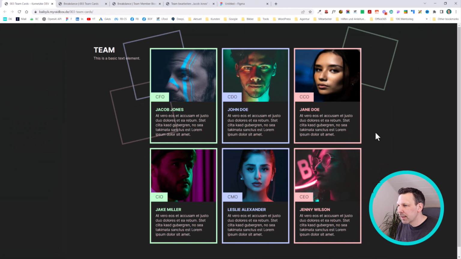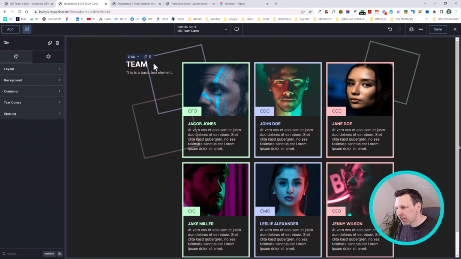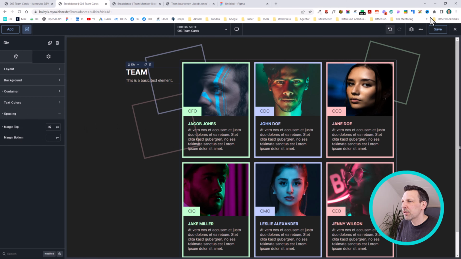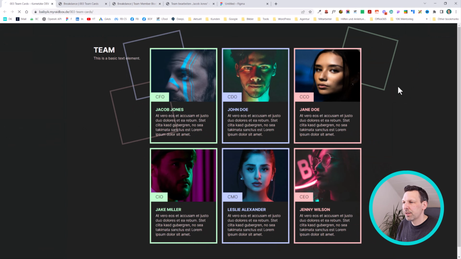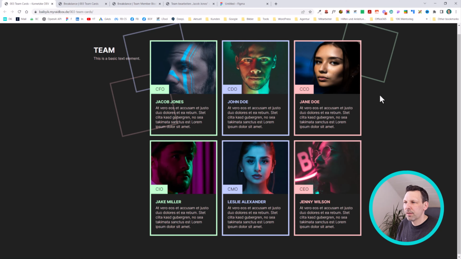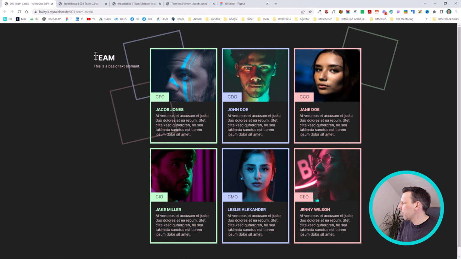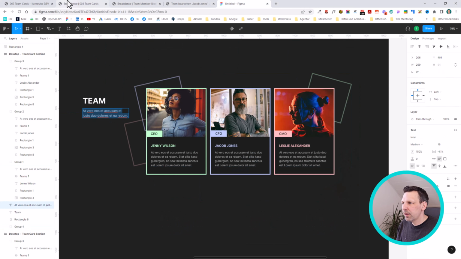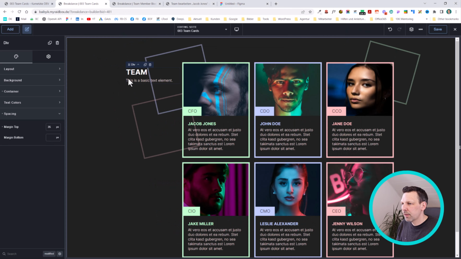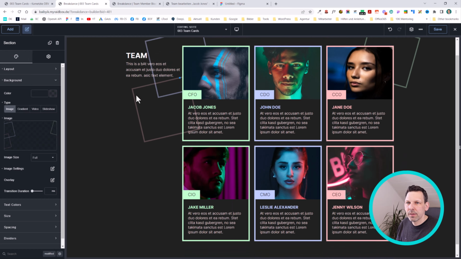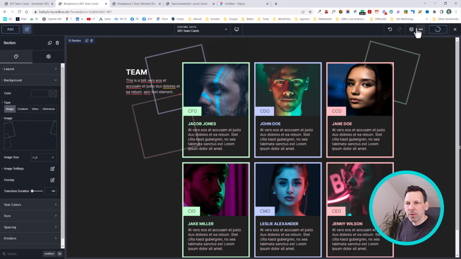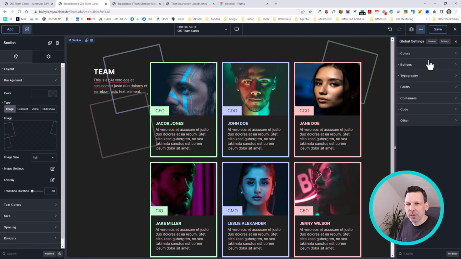Nice. Let's add some spacing above the section headline. Spacing, margin, top, let's add 35 maybe. Let's save this, reload it. Nice. Now let's change the title here a little bit. All right, save. And now let's go to our global settings,